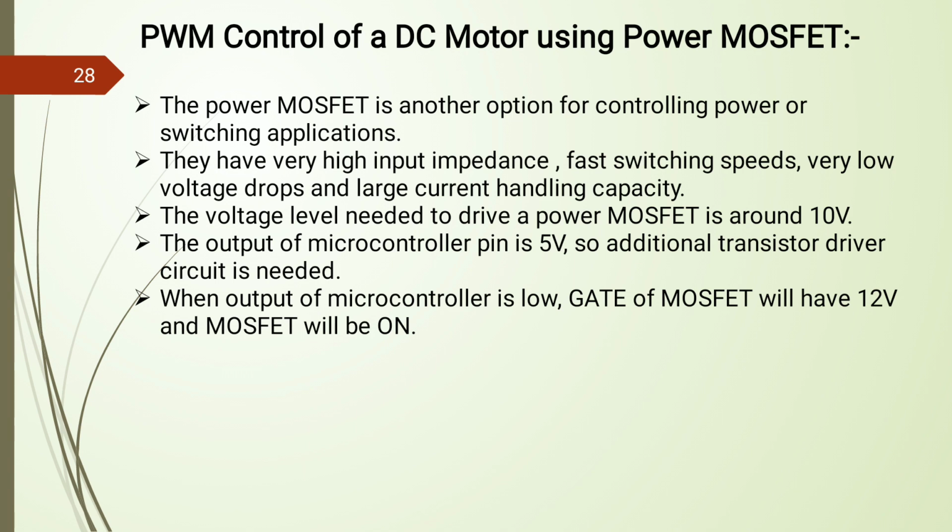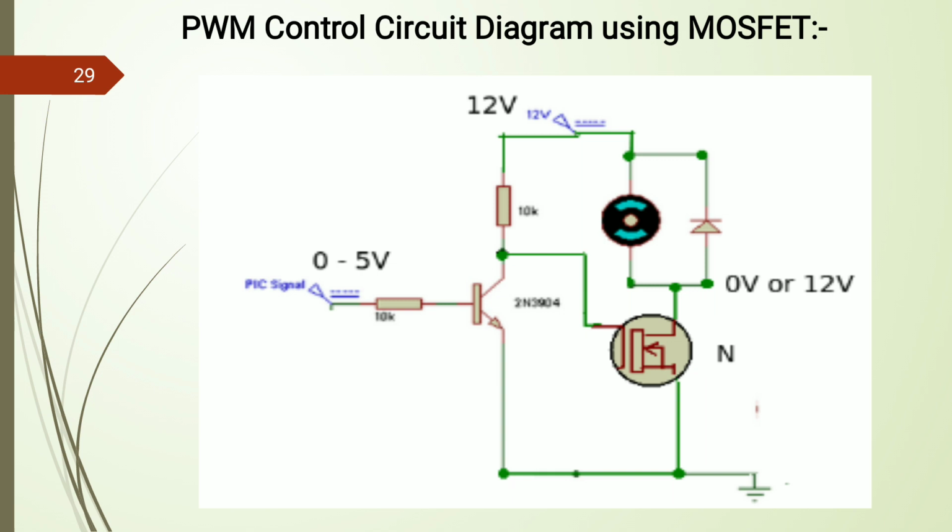So the MOSFET is best suited for driving DC motors with higher power requirements or power consumption. The MOSFET is most efficient to control the speed of high power DC motors. When we consider the MOSFET, its turn on and turn off is based on the gate pulses applied to it. So the MOSFET gate is a control pin through which we can vary the speed of a DC motor. So if we see the